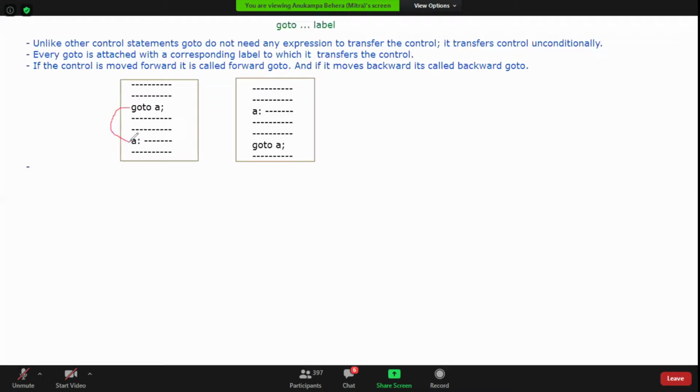These two statements here will never get executed. Can you say why? Because they will always be skipped. Goto will always skip them. So this type of goto we call a forward goto. That's in any language.